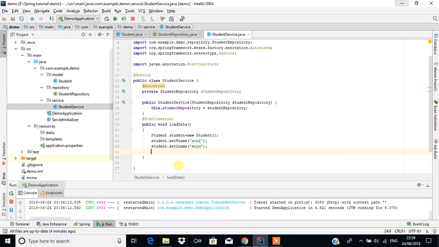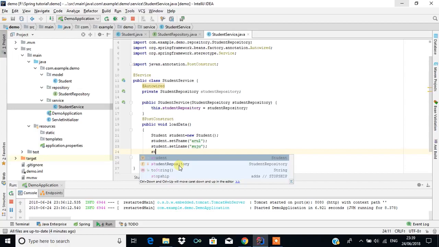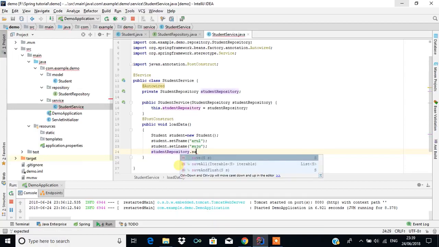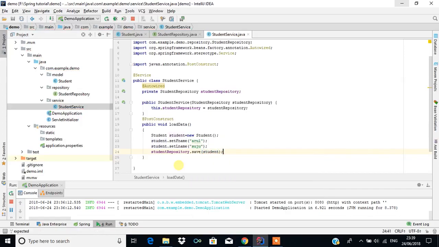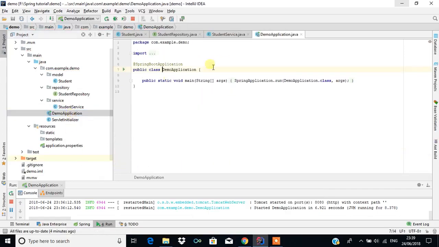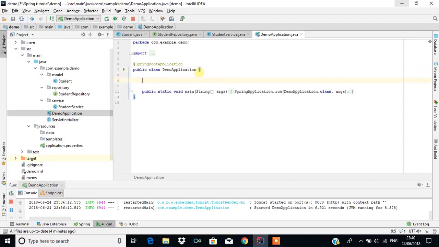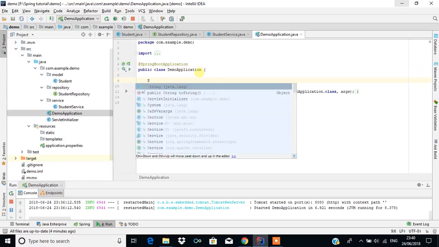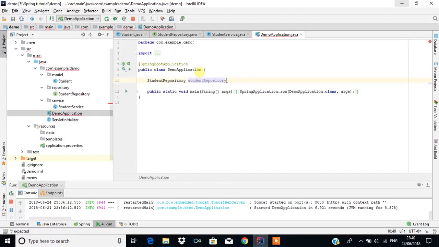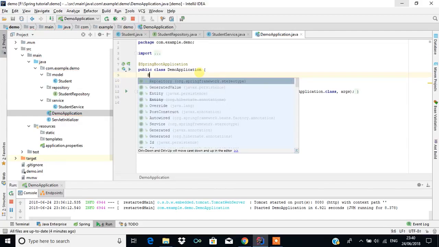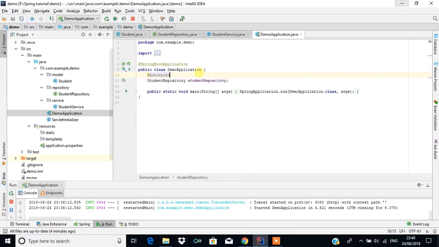Now I'm going to store this in the student repository. So studentRepository.save(student). So in the demo application I will create an object for the student repository. I'm going to make this private, or I can just create that object. Then I will also make this @Autowired. That's all. So now if we run this,